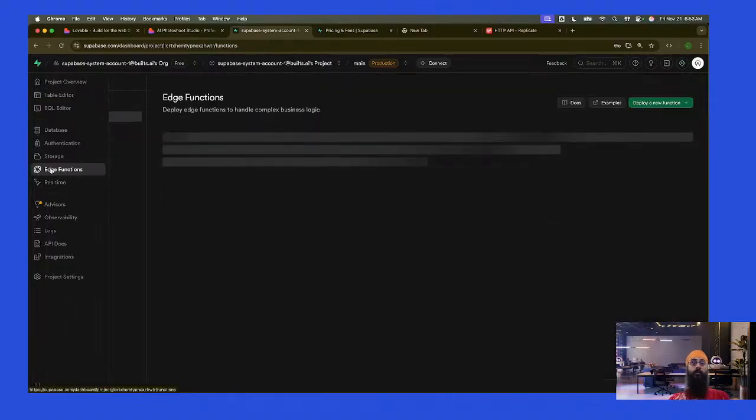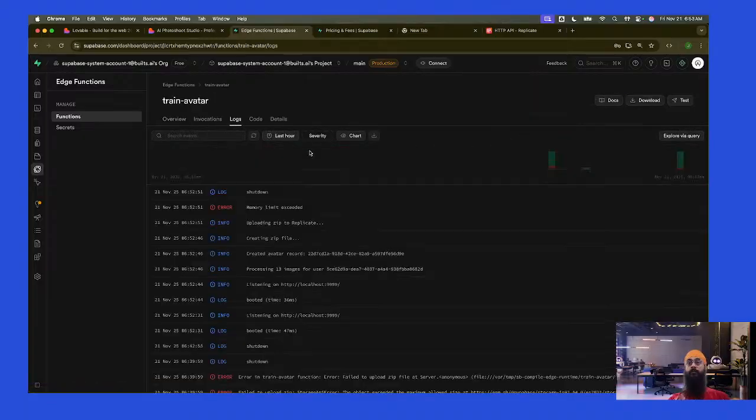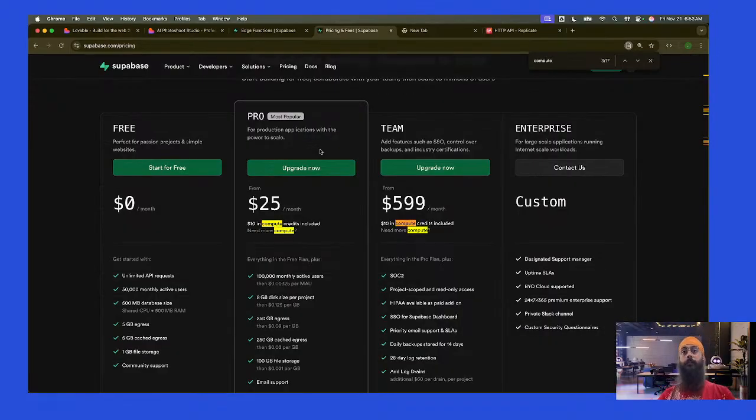Okay, let's see. Edge functions, train avatar. Oh, there is this limit on compute as well.